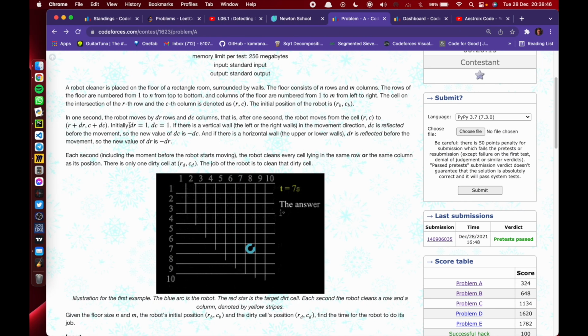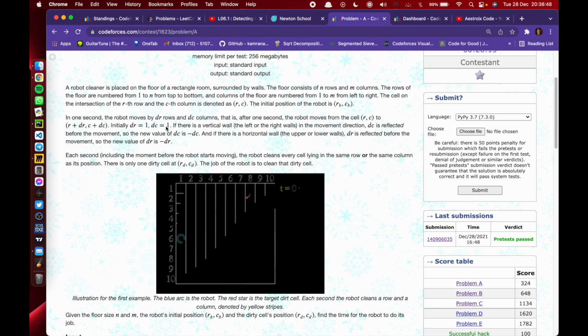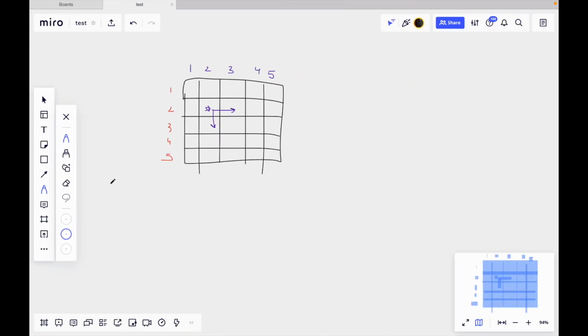And initially dr is equal to 1 and dc is equal to 1. So ultimately the robot will reach this point after 1 second. This is easy. I hope this is clear.